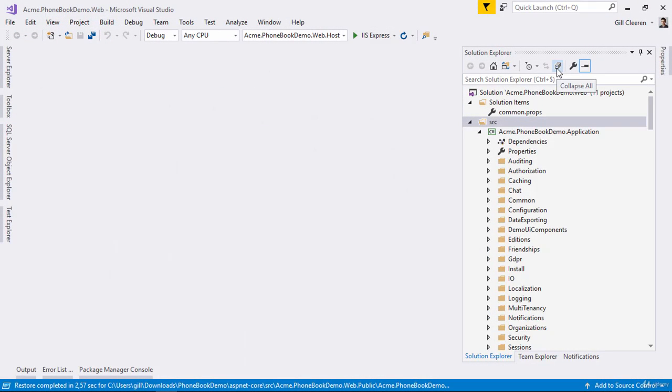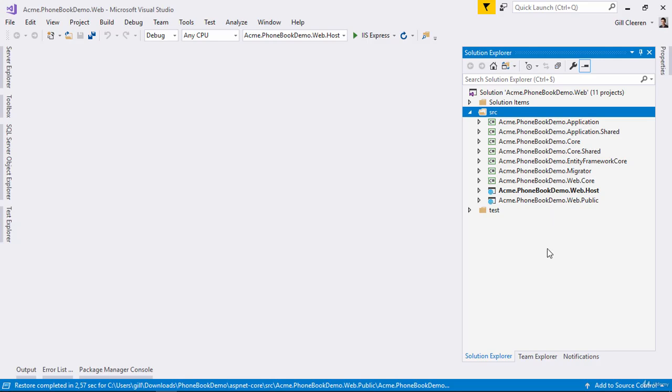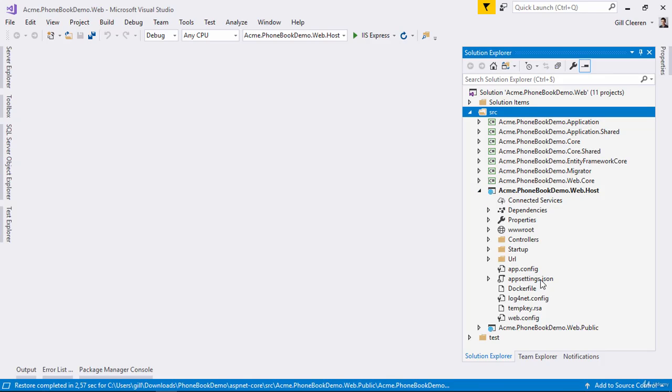Let's collapse everything here. And under Source, we'll see a couple of projects, including the web host. Make sure that web host has been set as the startup project. The web host is really the API that the Angular application will be talking to. So that is basically the executing application, and that also means that we need to specify the connection string here